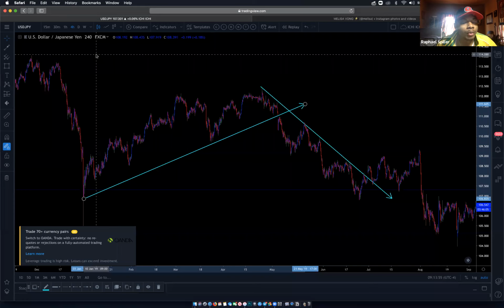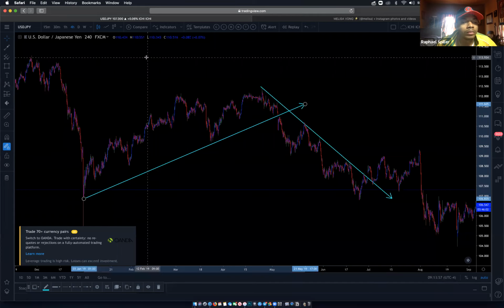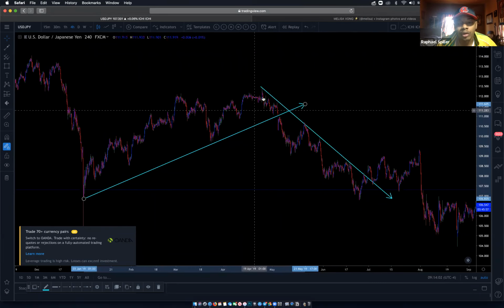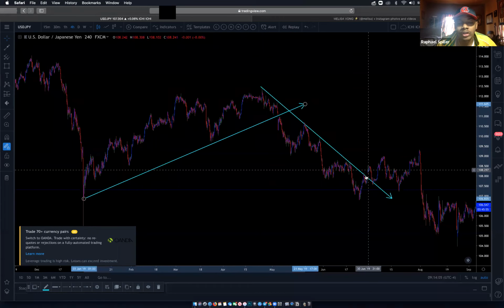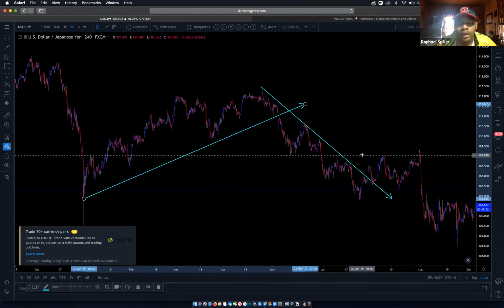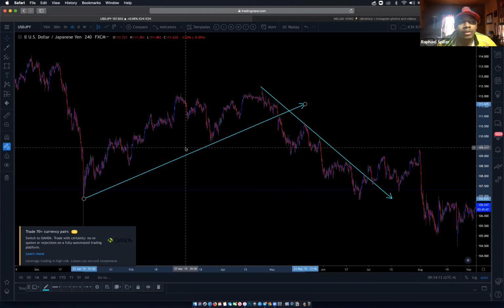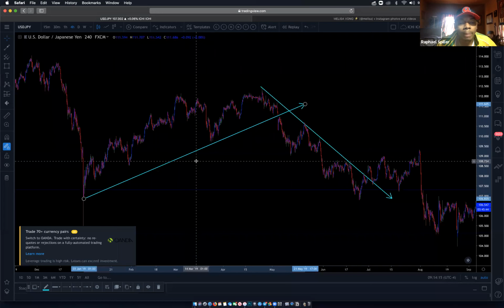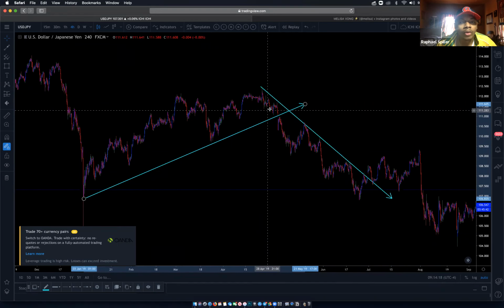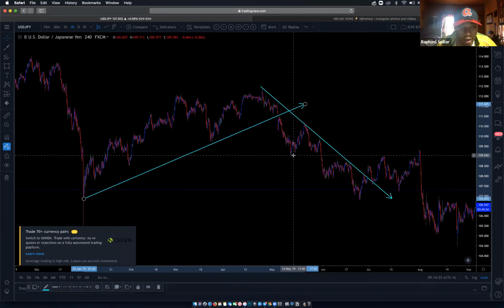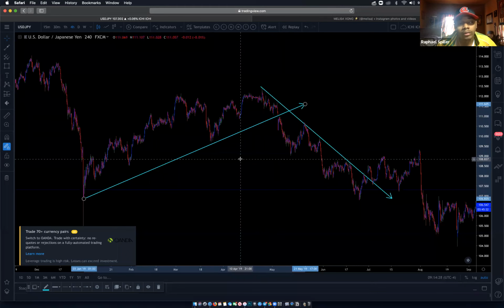Trading on the daily takes more patience. Correct. The reason why you draw your trend lines like this is because if you're on a downtrend, the only option you have is to go up. And in order for you to know when it's going up, it has to break the trend line. And the same thing for when it goes down. If you're going up, the only way for you to know if it's going to reverse down is when it breaks the trend line. Hopefully that makes sense.